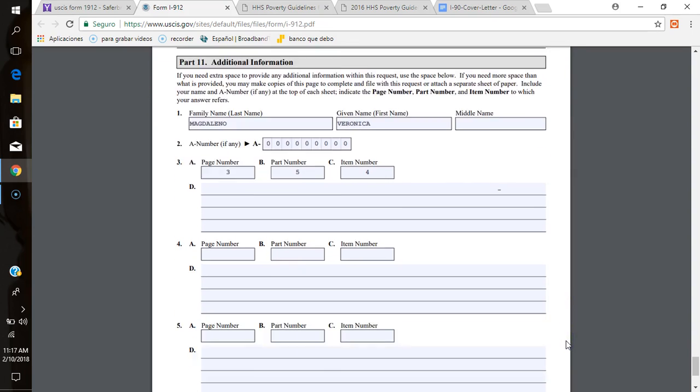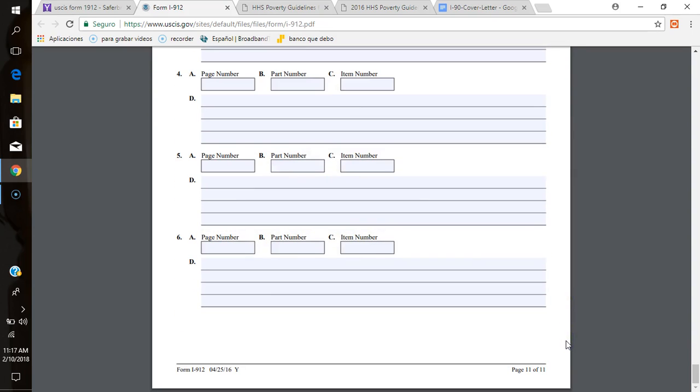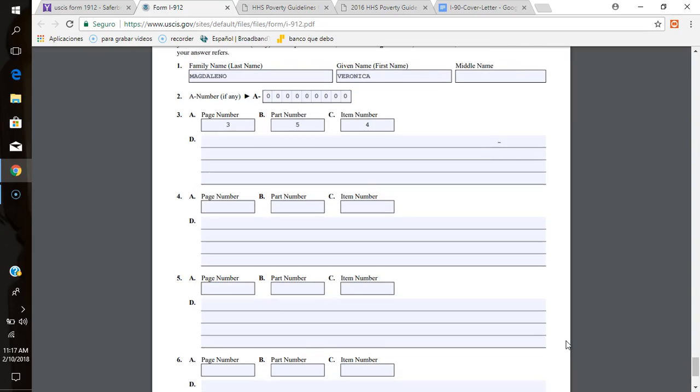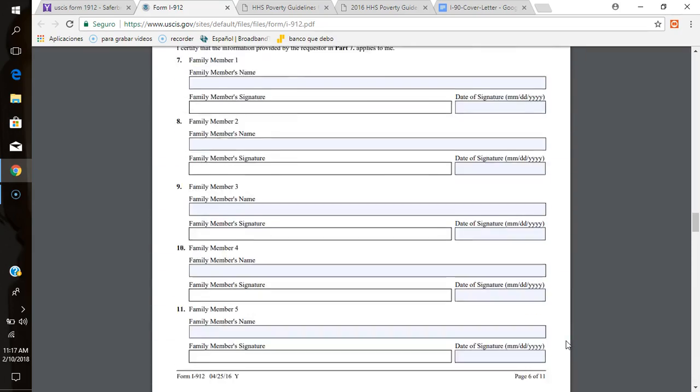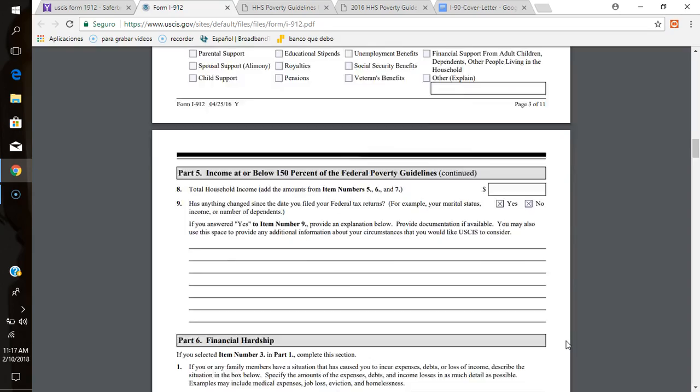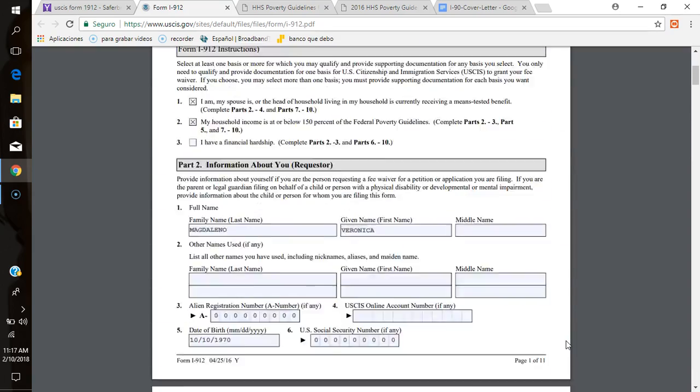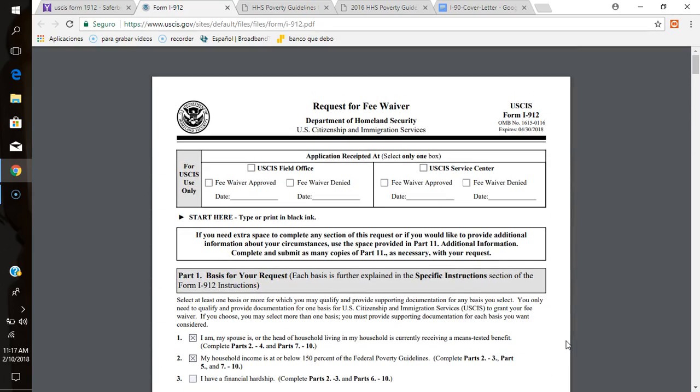Okay, so this is all the application. As you see, it's very simple to do this form, to request the fee waiver. You can do it yourself. You don't have to pay anybody to do it. You do it yourself. It's really simple, and I'm going to show you something else, the way I prepare the